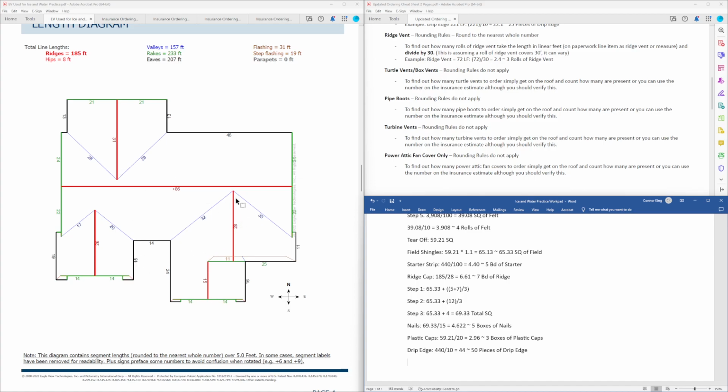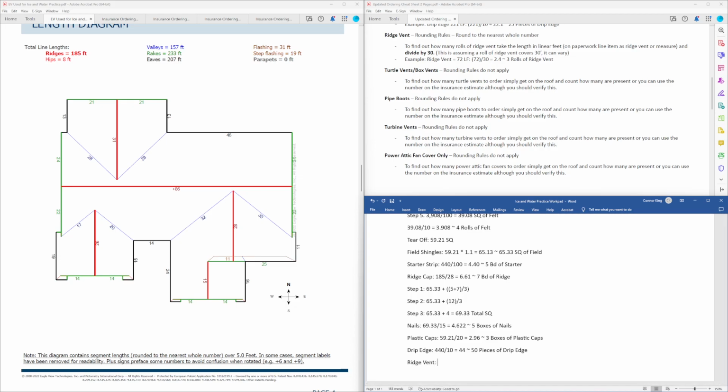We could probably also get away with just installing it on this ridge, this ridge, this ridge, and this ridge, but we're just going to do it on all of the ridges. But the ridge vent is not going to go all the way to the end. Normally they stop about a foot or two short so that they can then put shingles over it and so that it's not open to the elements. And so we're just going to take our ridge vent,